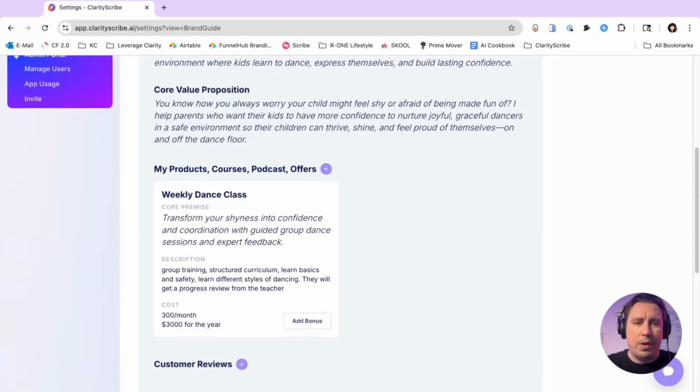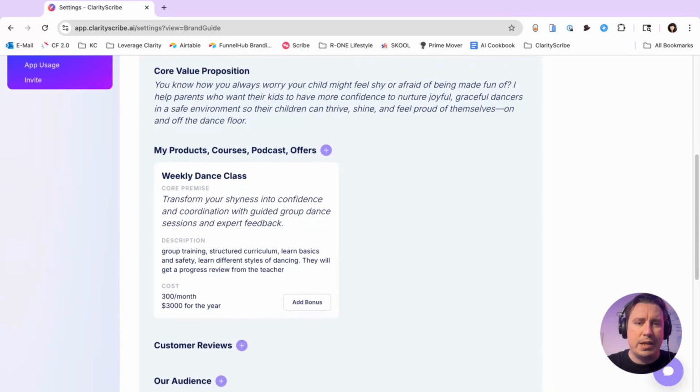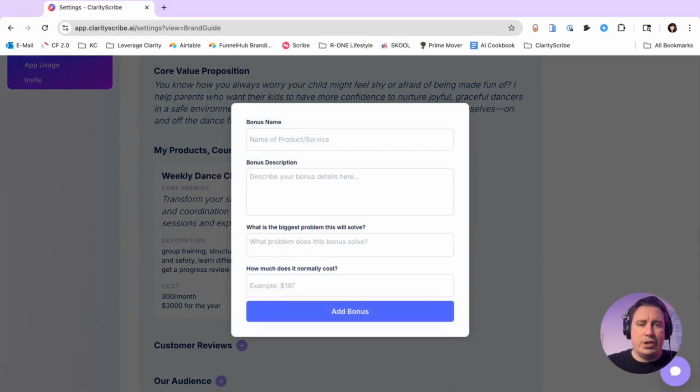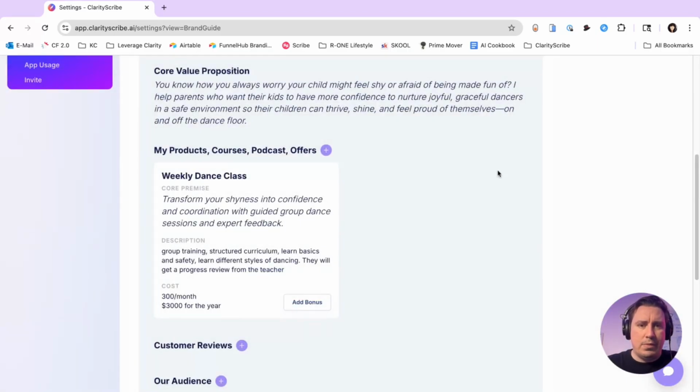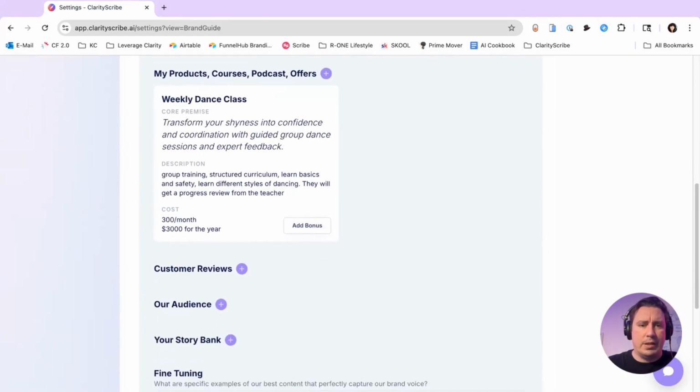Down below the offer box, you can see it says add bonus. So if you had any other kind of included things, let's say you're offering some kind of a course and maybe you have some templates or something like that you want to include, you can click that add bonus and it'll stack it inside of there. You can see just the total value of what you have to offer there and why that offer is compelling. So we'll just skip that part for right now and move on to customer reviews.